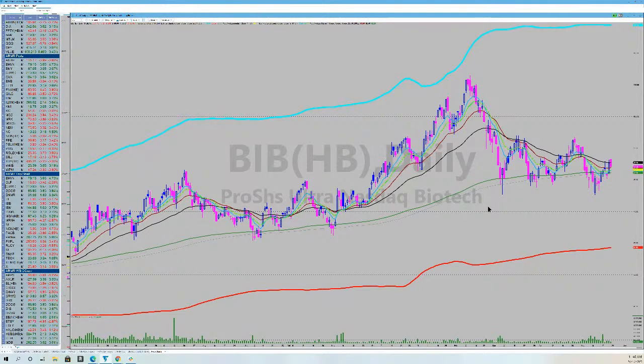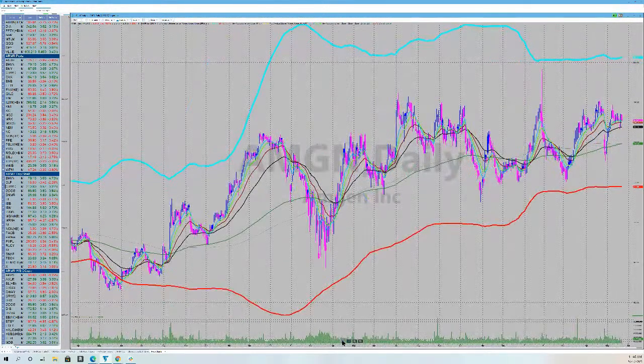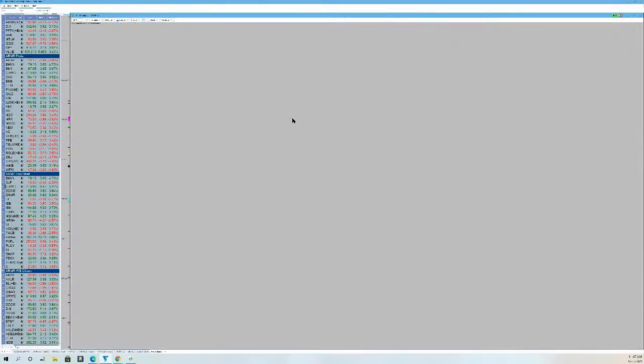But inside of IBB, inside of HACK, you have to go look at what these ETFs own. In this case, Amgen is a 10% position. So you really got to be comfortable owning Amgen if you want to own IBB. And that chart's not bad. But I haven't done the research there on Amgen to say, yeah, I really want to own that. What I really like, and this is one of the top 5 names in IBB,